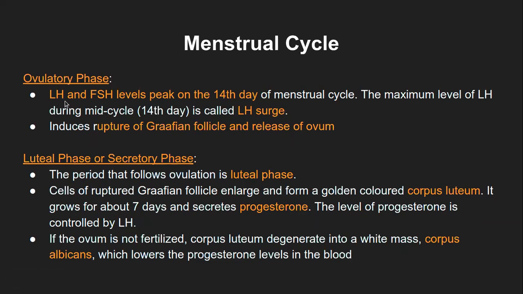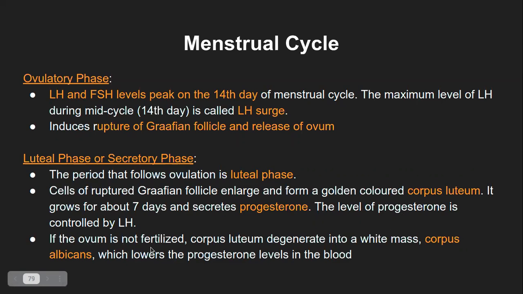So the function of luteinizing hormone, first, is to rupture this Graafian follicle, and second, is to maintain the corpus luteum so that it will keep secreting progesterone. Not throughout the pregnancy, but at least in the first phase of pregnancy, and then a different hormone takes over altogether. So that is the luteal phase up till here.